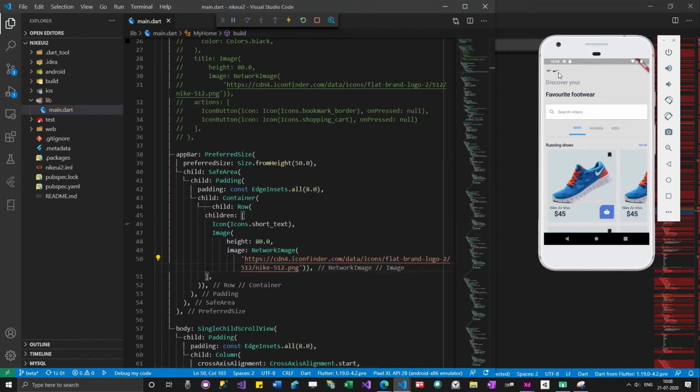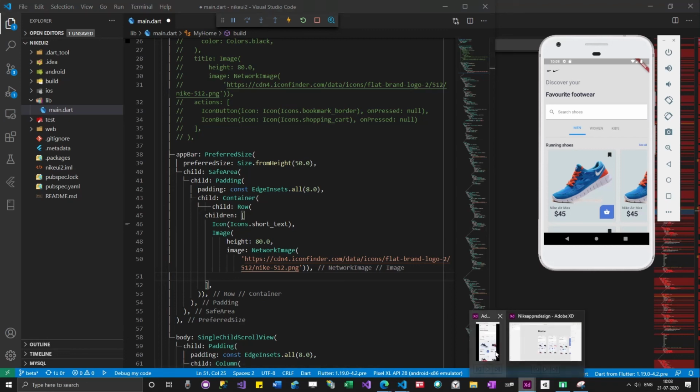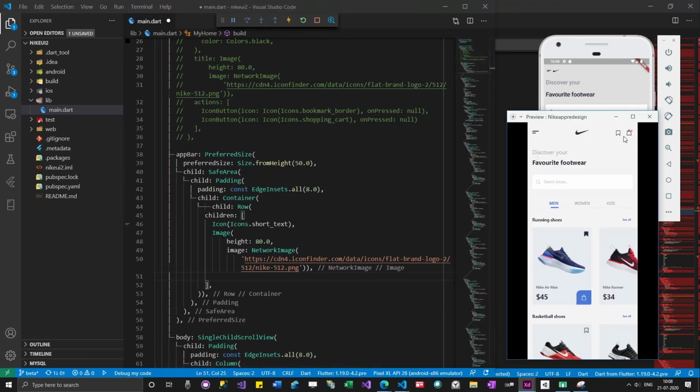So the icon has come, and then I'm going to add some more icons. If you look at this image, the actions are very close, right? So this is one widget, this is one widget, and these two things are another widget. So I need to have another row here.